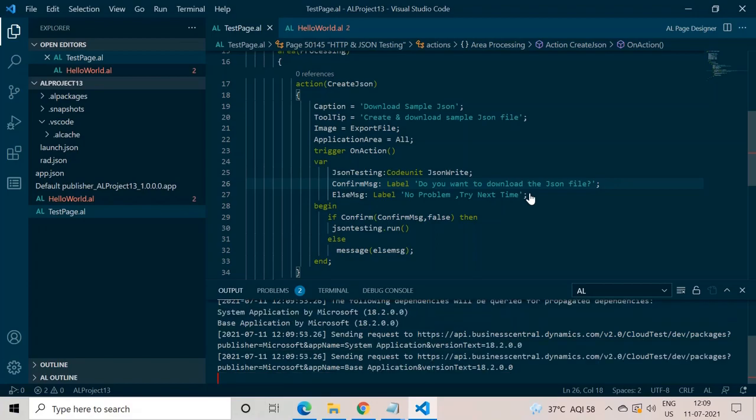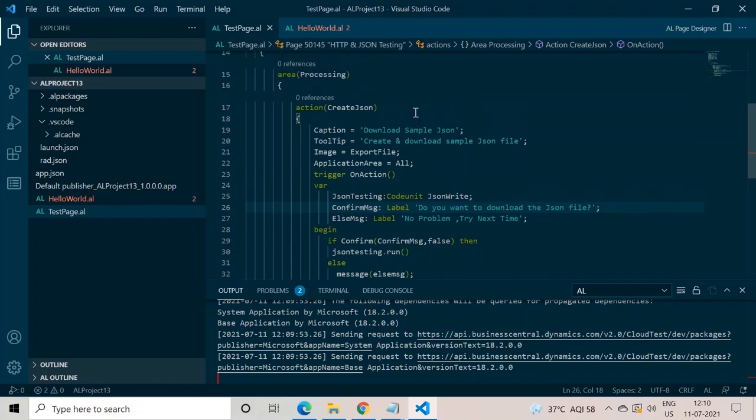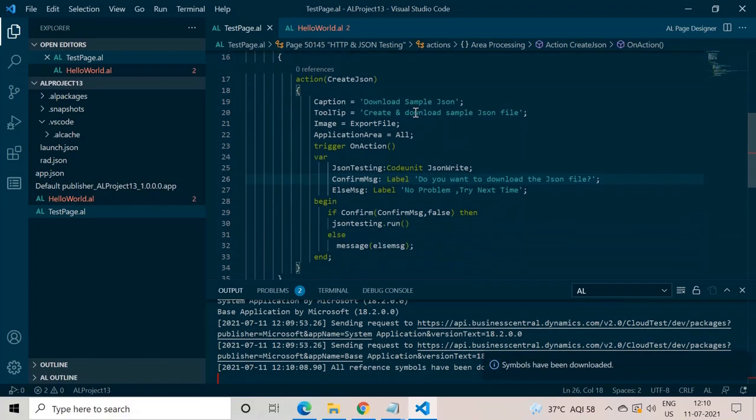So guys, I hope now you have understood the concept of how to write the data in the JSON file, how to create the JSON file, and how to download the JSON file. It is up to you now what else you can do to play with the JSON file.